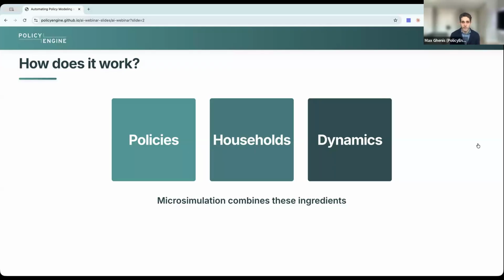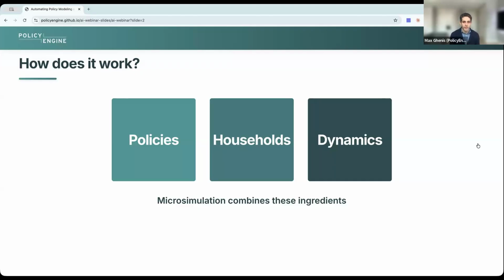So the first one is we want to encode the policies. So we can say, under current law and some other policy reform, to the dollar, we're just going to do the math. It's a calculator. How much is the child tax credit, or potentially if it affects other programs as well, will the policy regime affect a given household? That's a mechanical deterministic calculation we can do. And that's really the focus of today's presentation.